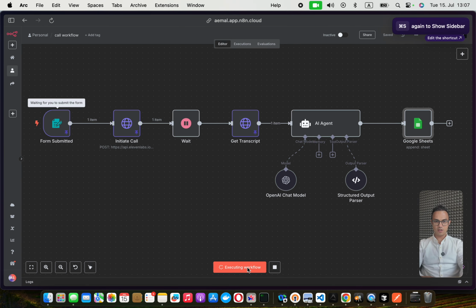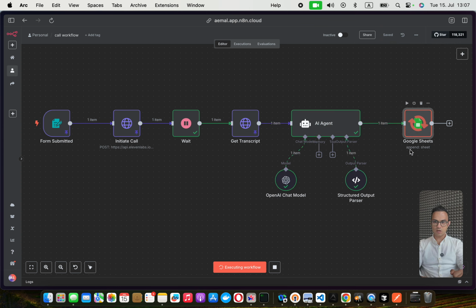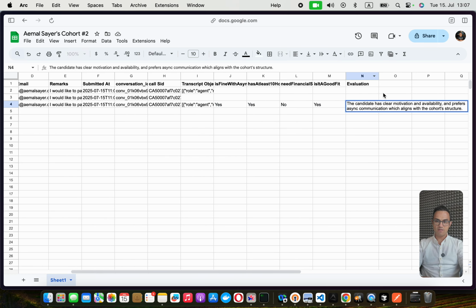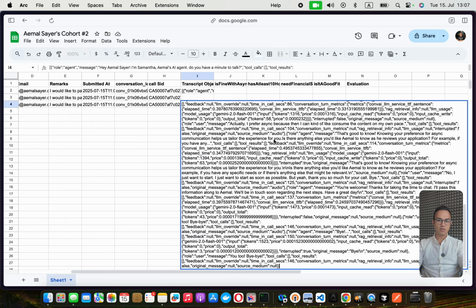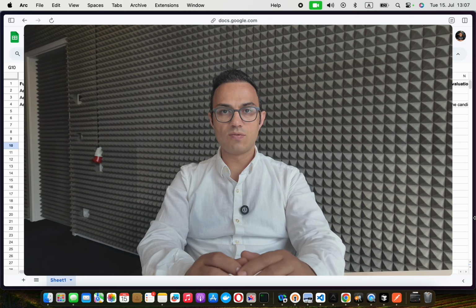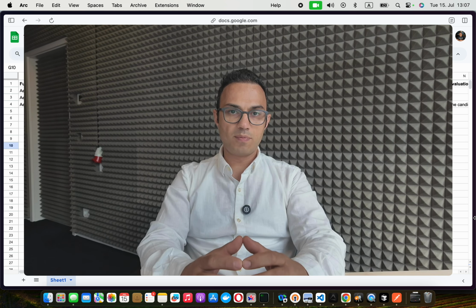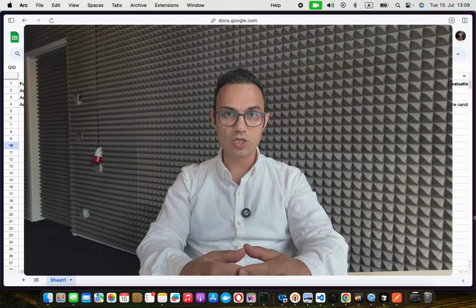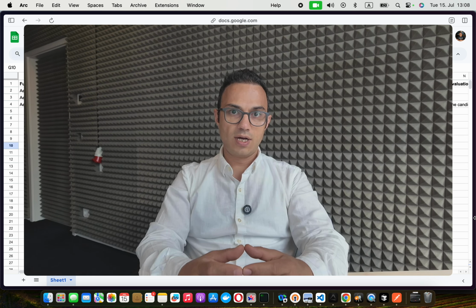So now if I execute this entire workflow one more time, AI evaluates, after that getting that transcripts, saves it all in that Google Sheet, and if I see, I got all the information I need. I have an evaluation from the AI, and I can also have access to the entire transcript if I would like to do something about this. So the next step for us would be to think about changing this to Supabase, so that instead of just having Google Sheets, we can also have